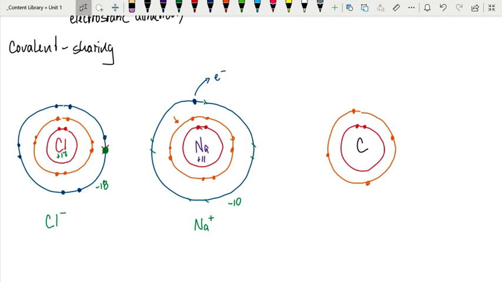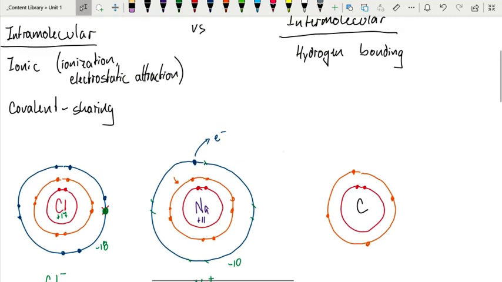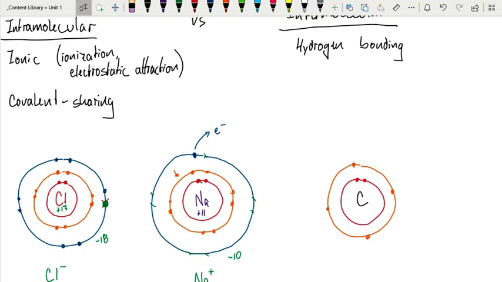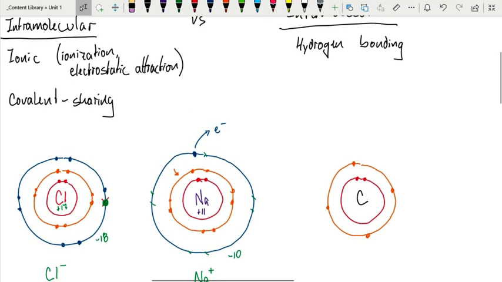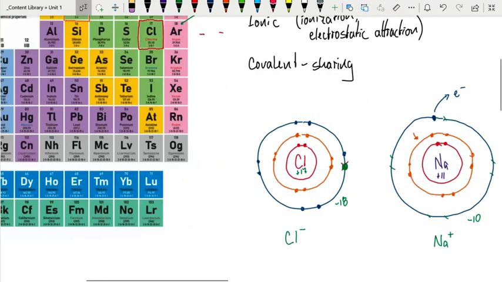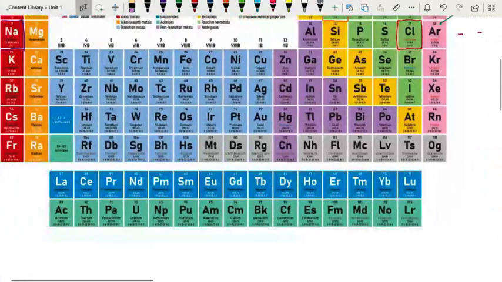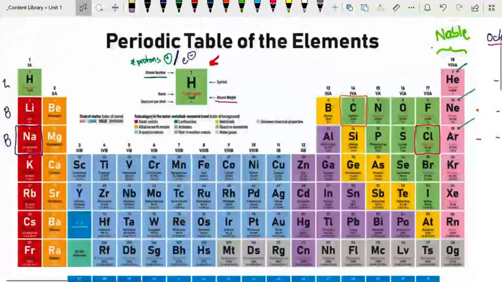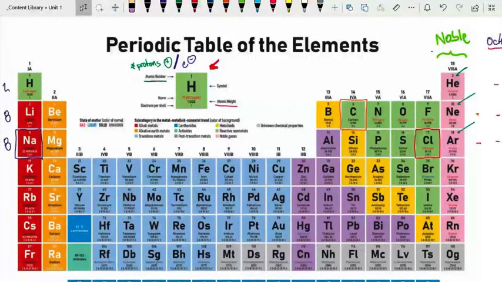And now, with these 3 examples, we're able to understand the difference between ionic bonding versus covalent bonding. As a rule of thumb, it's not hard and fast, but for our purposes, it's going to work. Those elements that are close to the noble gases will ionize. That's going to include these rows here. The first column, the second column, these will ionize. These are going to become